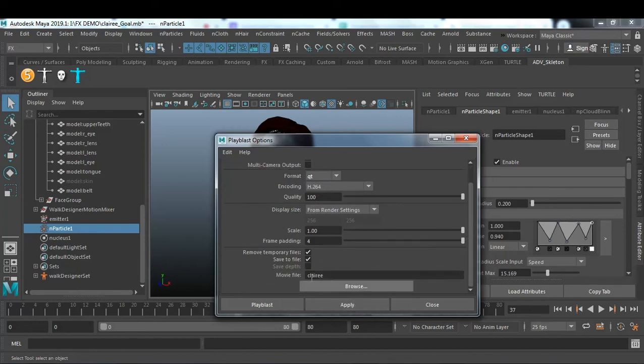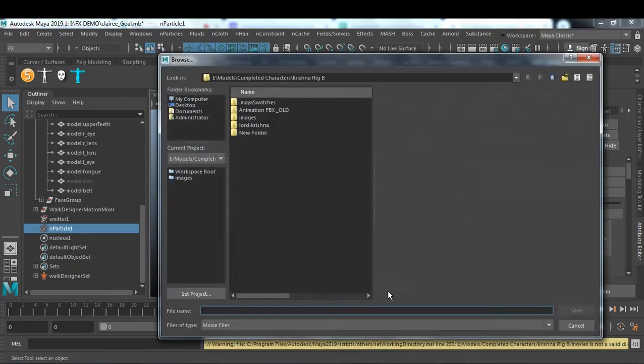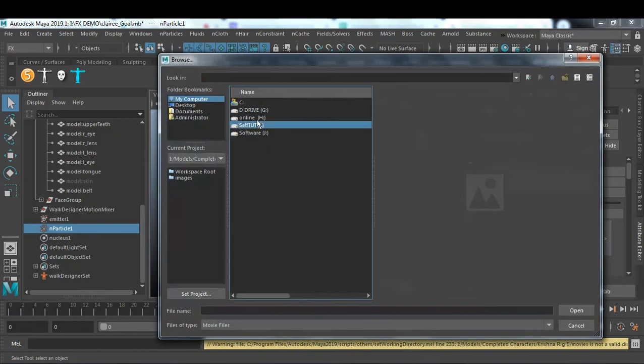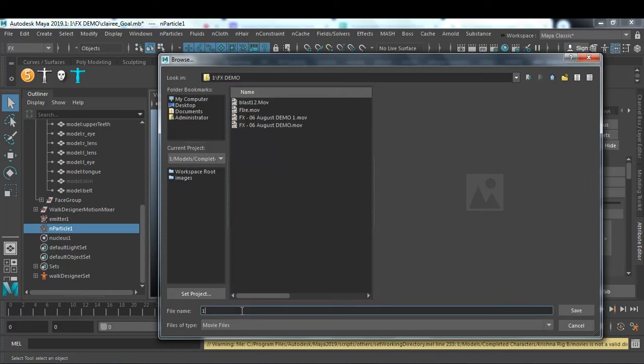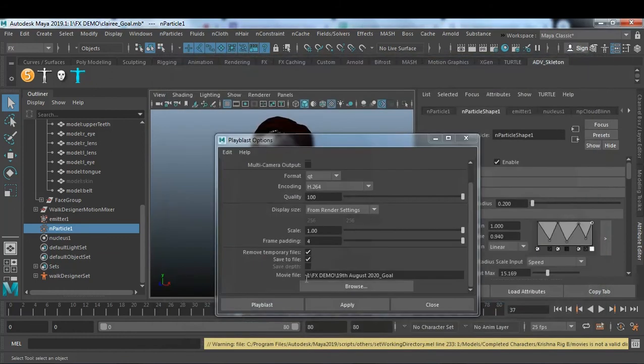And where I'm going to save this particular file, browse, and I want to save it to the self-tute FX demo folder, and this is 19 August 2020. Goal, and just hit on the Playblast.